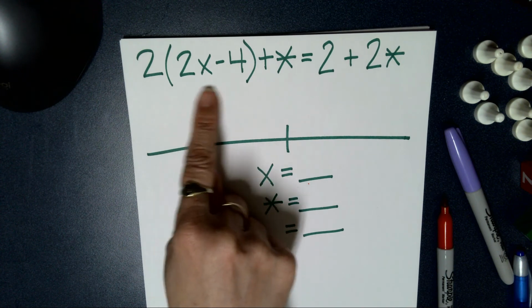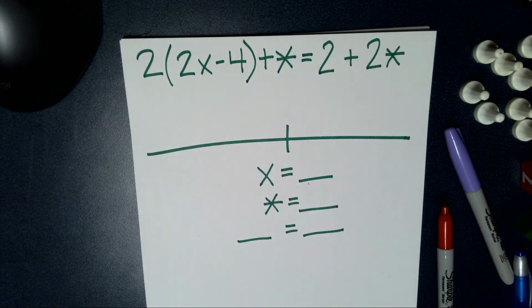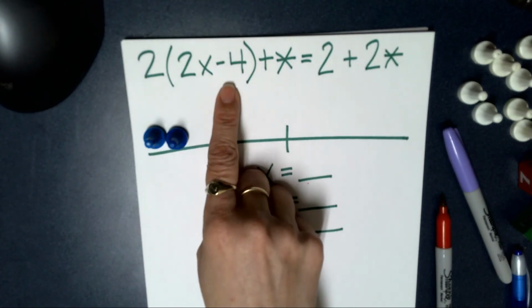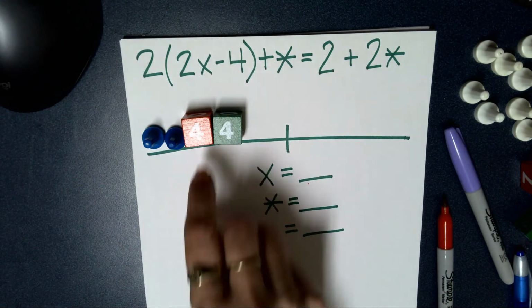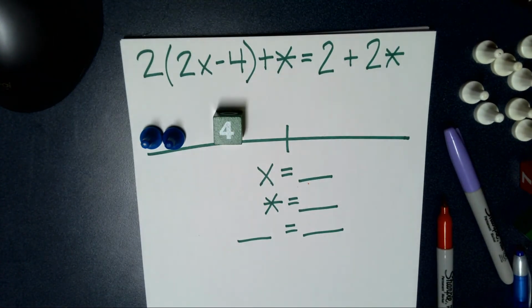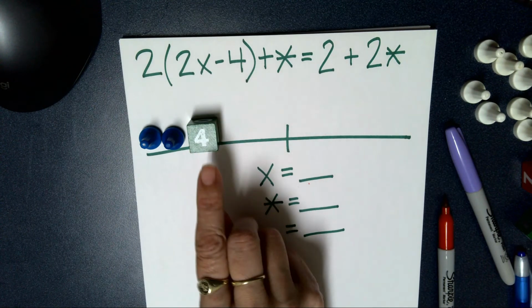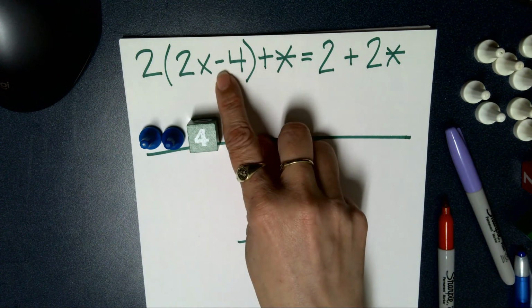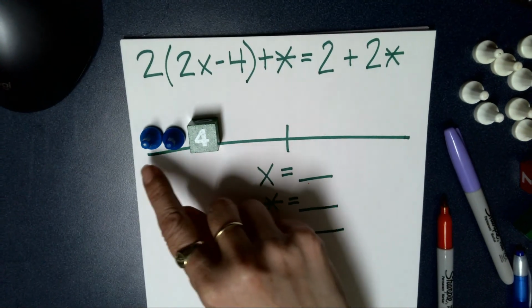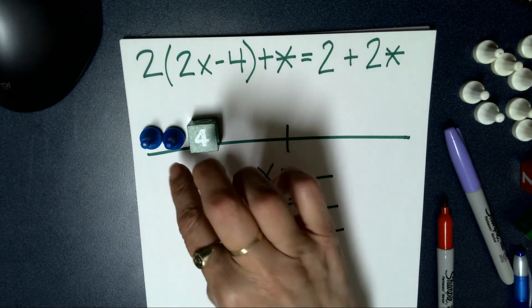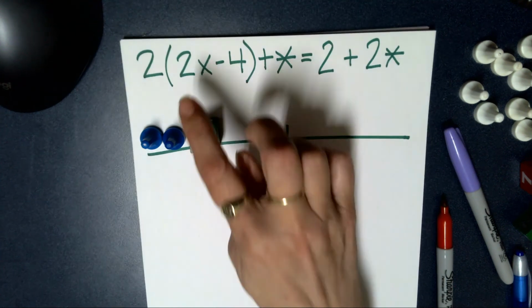So let's set up one set of 2x minus 4. So there's 2 pawns, and we have to take away a 4. And taking away a 4 means that we had to put a 0 pair on. And if you notice, we're removing the positive 4, and now we're left with the opposite of 4. So subtract 4 is the same as adding a negative, or adding the opposite. So 2 pawns minus 4 is the same as 2 pawns plus a negative 4, is the same as 2x